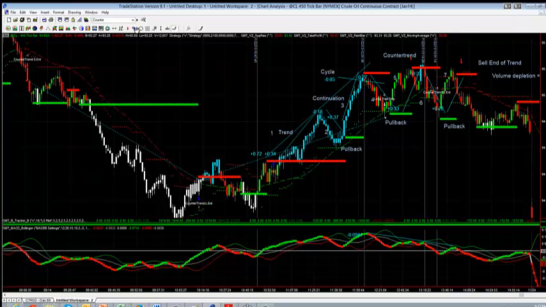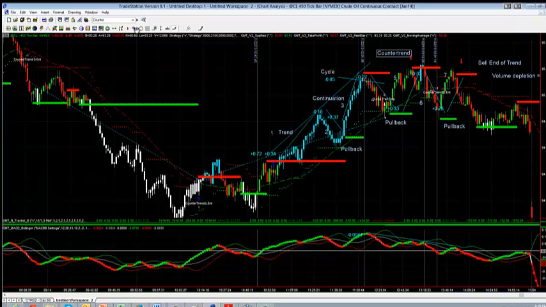Counter trend is really like stepping in front of the bus, but you're hoping the bus is running out of petrol, it's losing its momentum, and the brakes are on, and it's about to slow down and stop. But there's a potential that the bus will just keep going. So the counter trend is you putting your foot out initially, but with the counter trend, you may want to have a key level, or you may want to have that momentum. You definitely want to have that divergence setting up, and obviously volume as well.